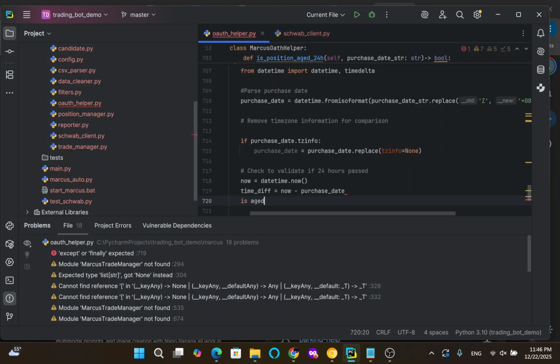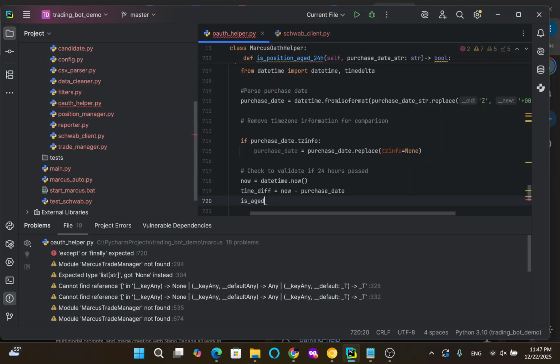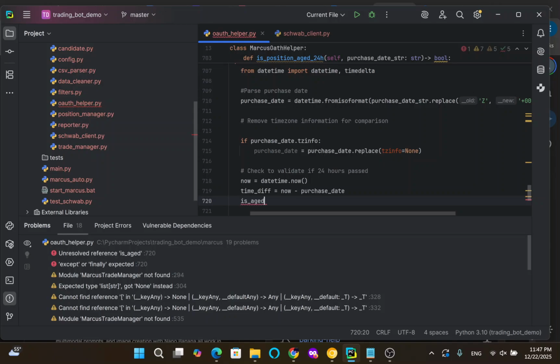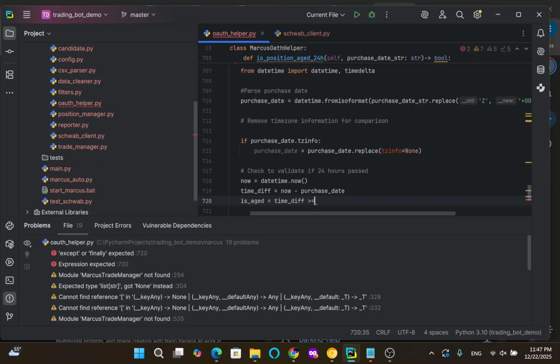Is aged. Now we're introducing the variable which will be returned. This variable will be boolean, which means it has one of two values, true or false. Is aged equals time difference